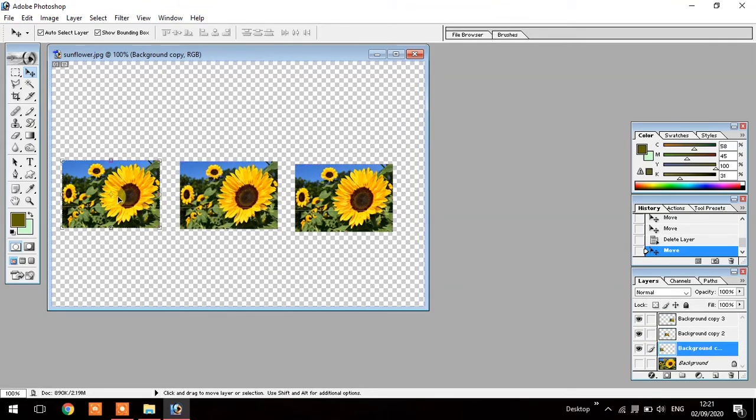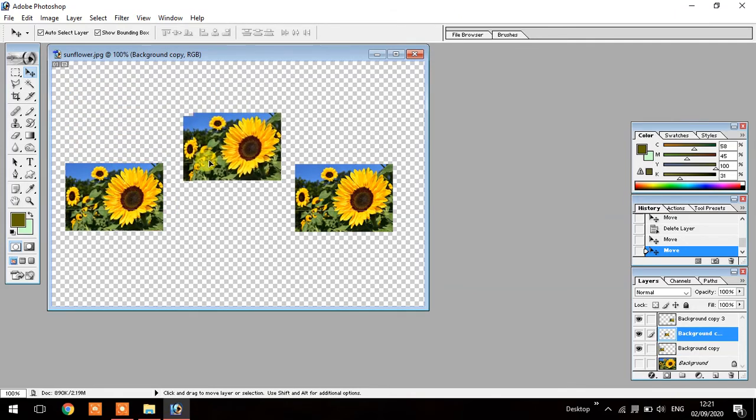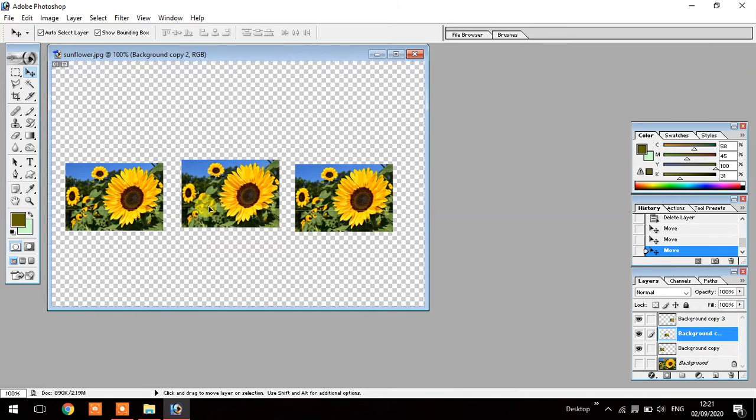Now when you drag any selected image, it can move only the selected part. But when you want to group your images and move all the layers at the same time, you have to click on this button, or by pressing the shift key, simply click on this button.